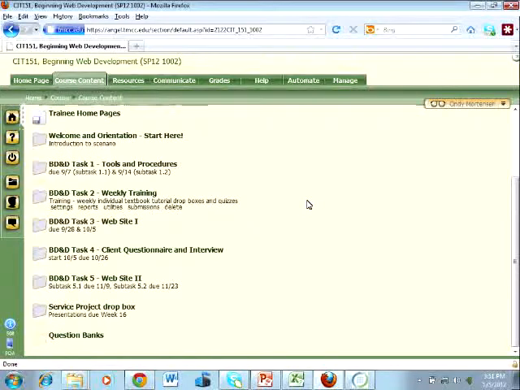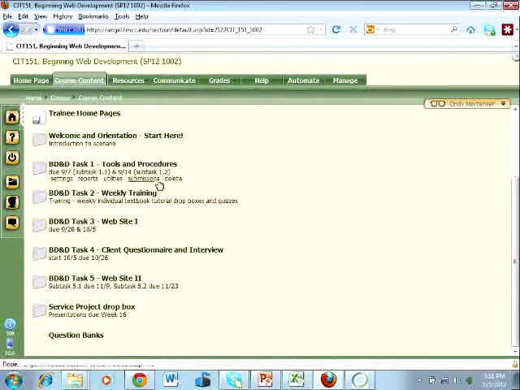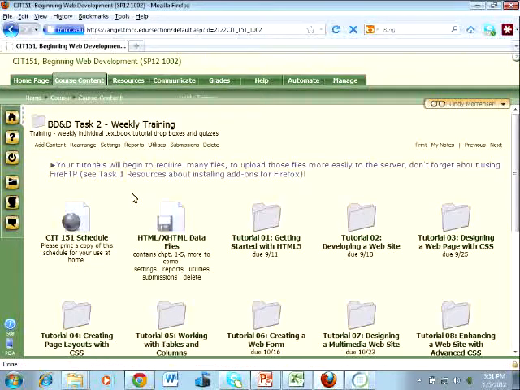So you can see that what I have looks like 5 tasks on here. But the weekly training that the students undergo, can you read that? Okay. The weekly training task basically is where I revert to talking like a teacher. While I'm in the other tasks, I am their training supervisor.